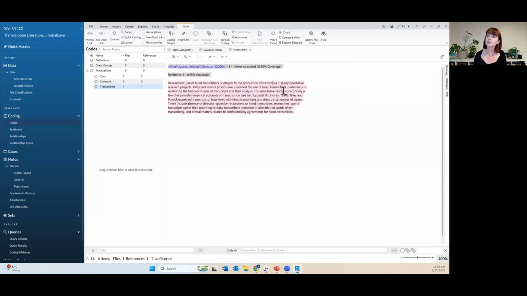And there we go. So I can actually see that this is highlighted. So I've got that chunk of text from the Davidson article inside the transcriber's code. It's almost like it's cut a chunk of the text out and popped it into a box that relates to that particular idea. Just going to close that